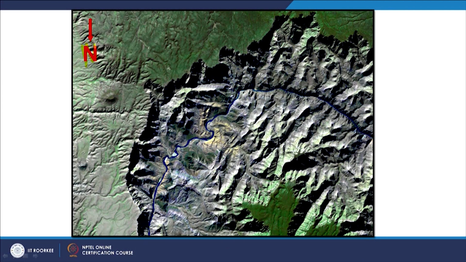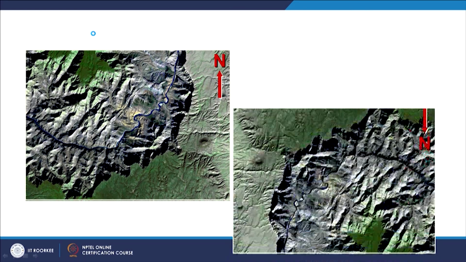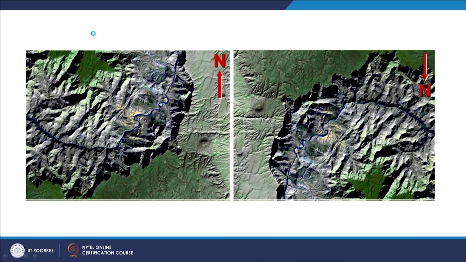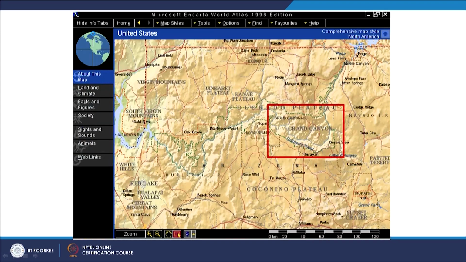But when we rotate by 180 degrees, as I have now done, north goes downward and the image is upside down, and now the river has gone into the belly, which is the correct perception. Putting both together, on the left image, when north is upward, we get the wrong perception, and when north is downward, we get the correct perception.